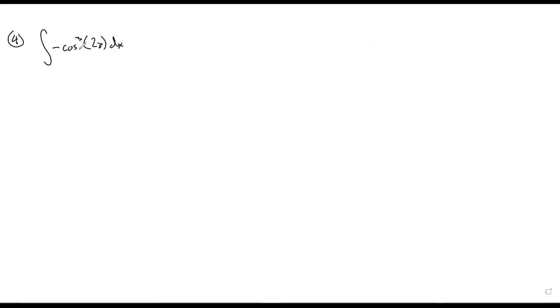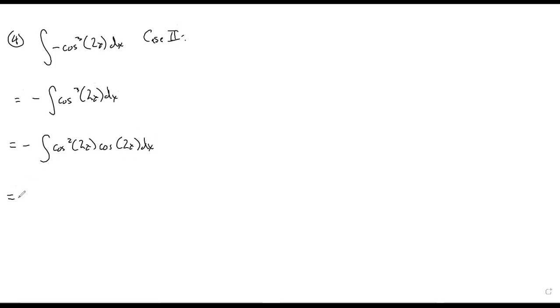And now we're back to essentially case 2. So this is a case 2 type of integral, and we end up with negative integral cosine cubed 2x dx, negative integral cosine squared 2x cosine 2x dx,